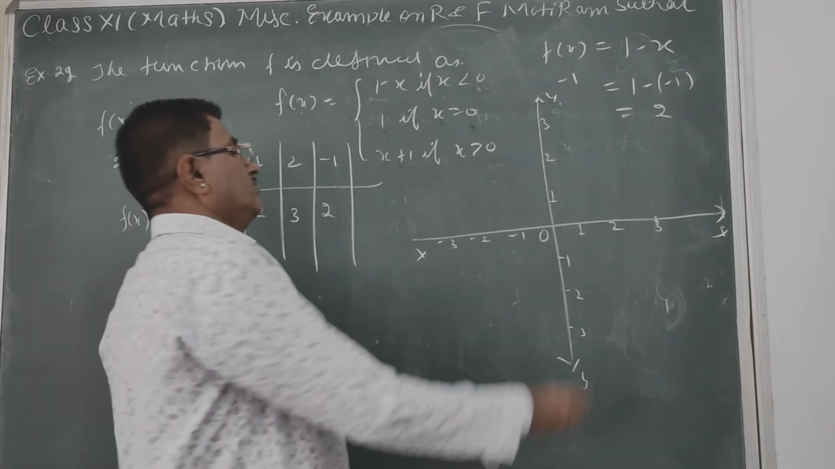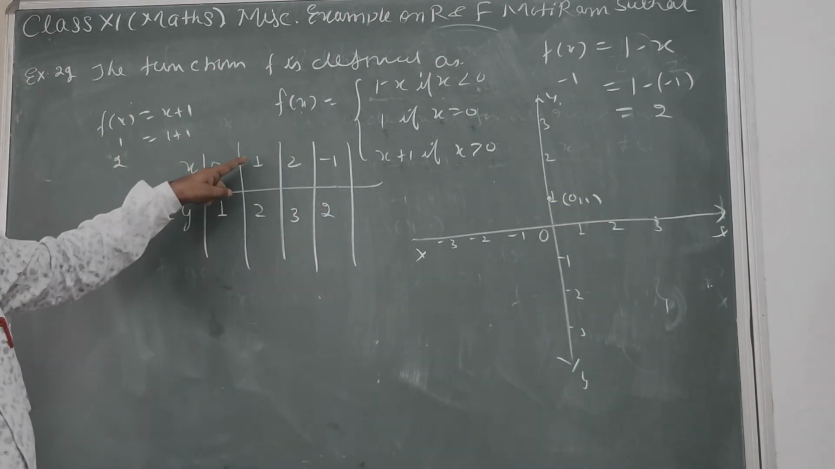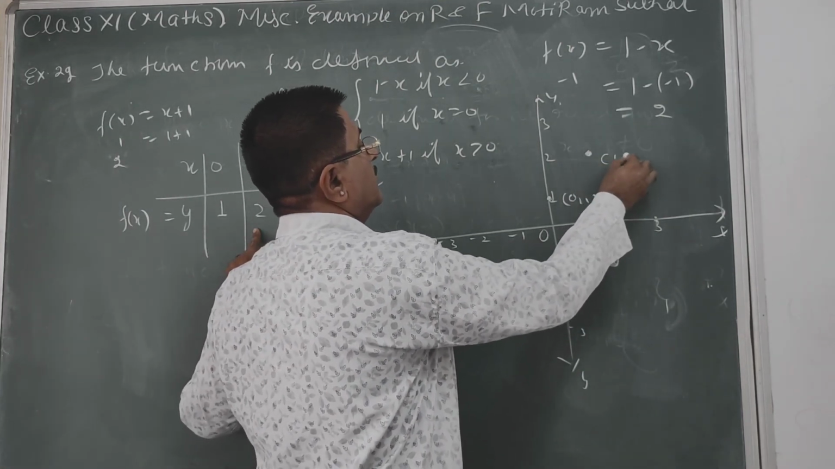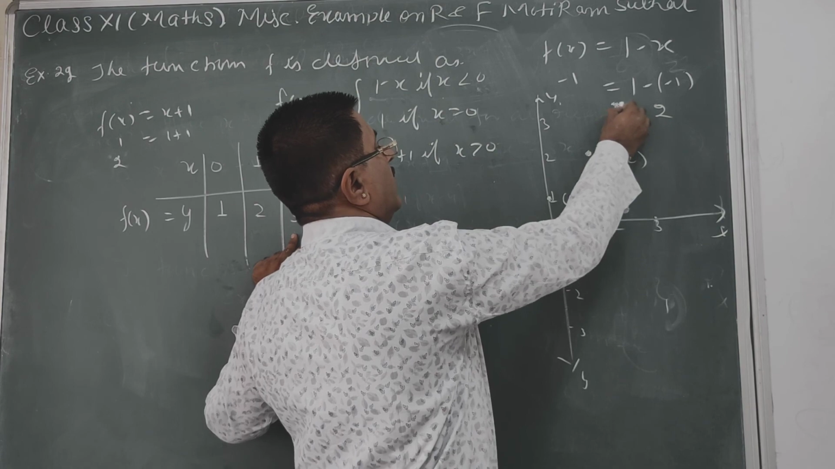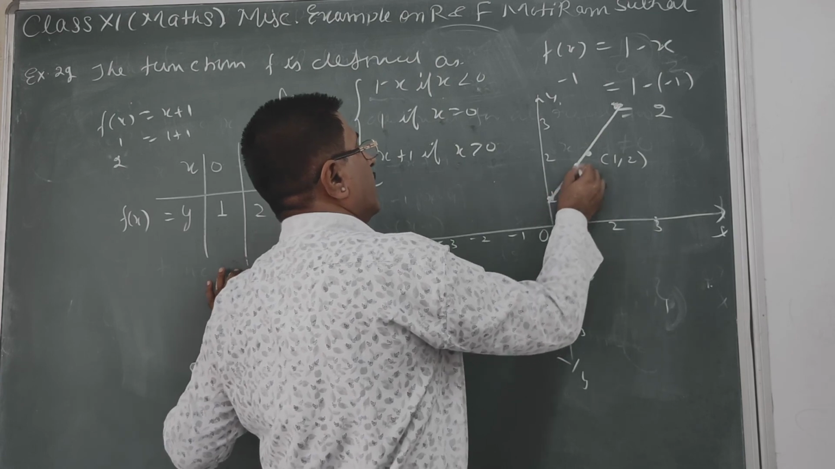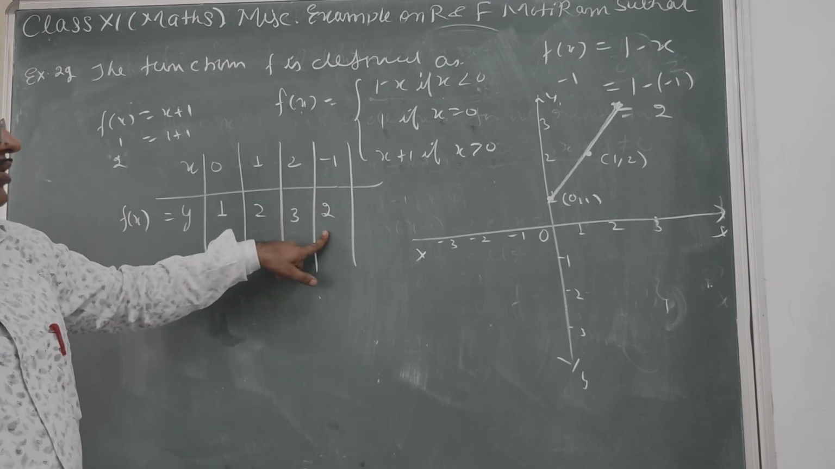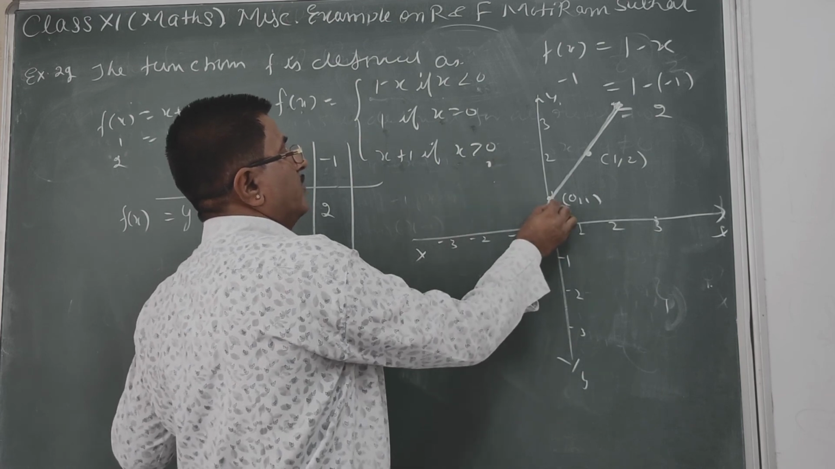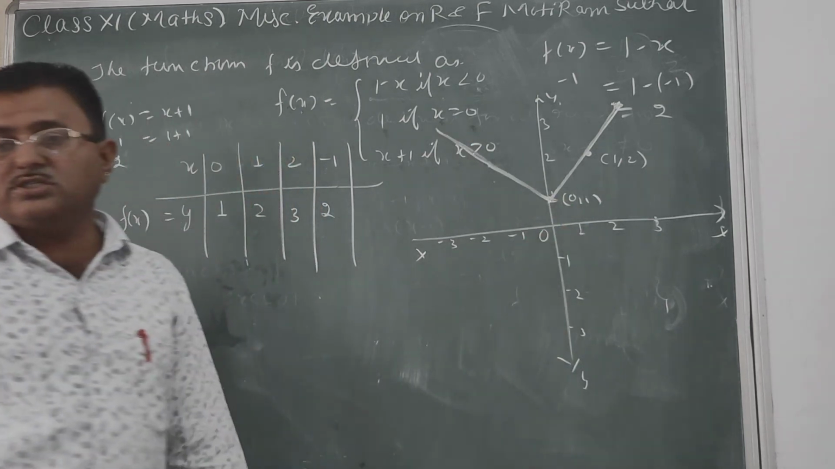Now plot the points x equal to 0, y 1, as we know this is the point, then x equal to 1, y equal to 2, this is point 1, x equal to 2, y equal to 3 and so on। Now we join these 3 points with the help of a ruler, इन तीनों को मिला दें। Similarly on the other side x equal to -1, y equal to 2 and join this point, straight line। So this is the graph of the function,